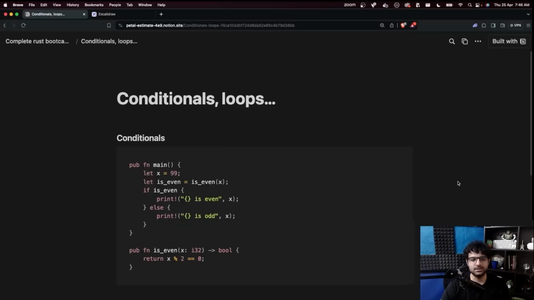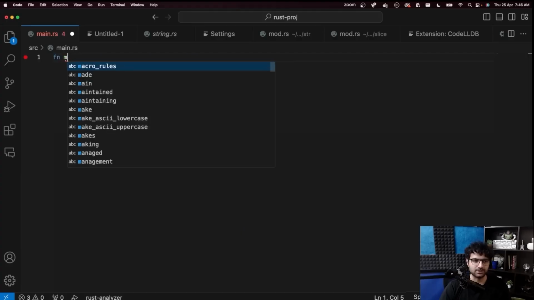All right, conditionals, loops and functions. Thankfully, something we can just sprint through. Conditionals pretty much represents how you do an if and an else. And it's very similar to JavaScript. You just don't need brackets in here. You can add brackets if need be. But other than that, as you would write a function in JS, which looks something like this. For example, if you have